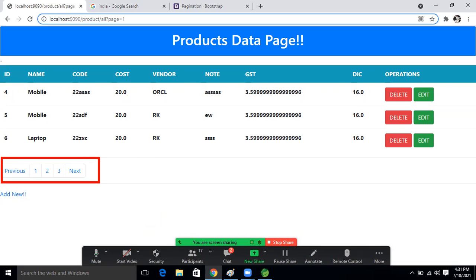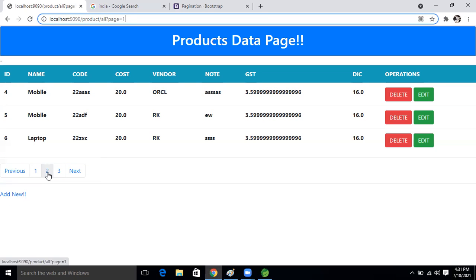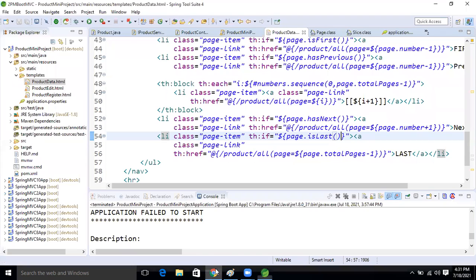Anybody tell me? Now we cannot see, but how is it showing? Don't bother about that. How it's showing that, think about that. By seeing this one, we can understand in which page we are there. So if you want to implement those things, let's come here, right?